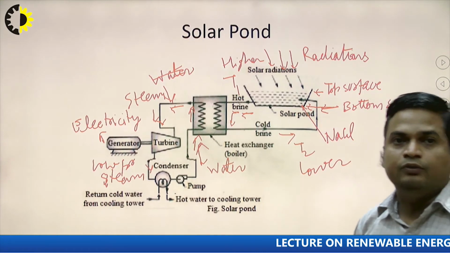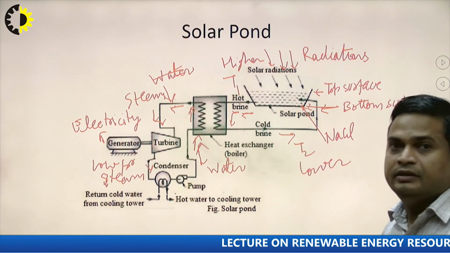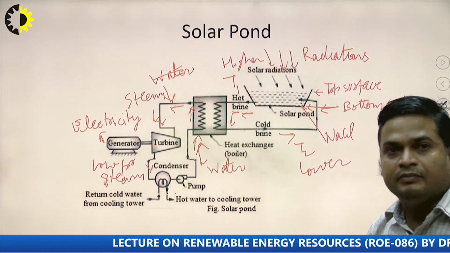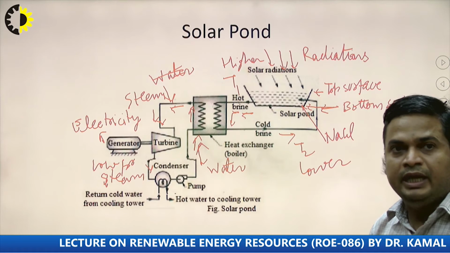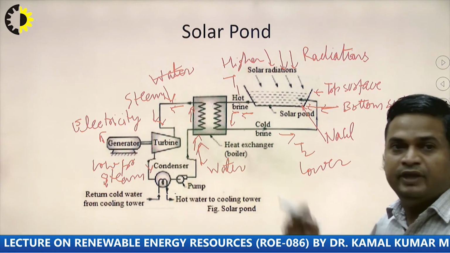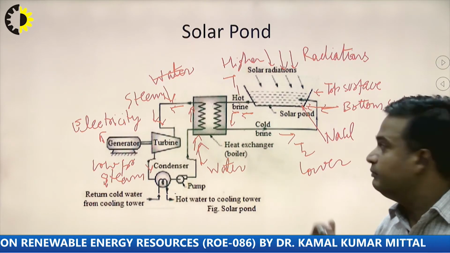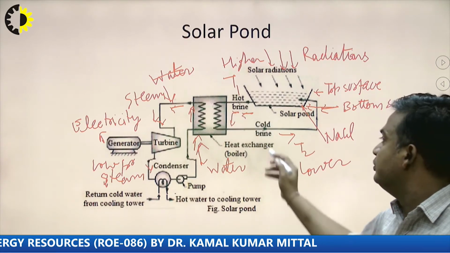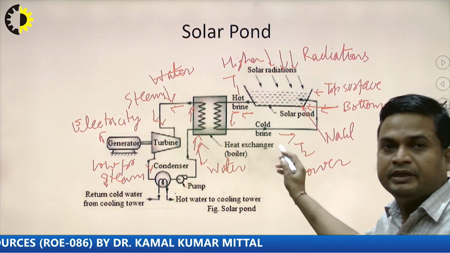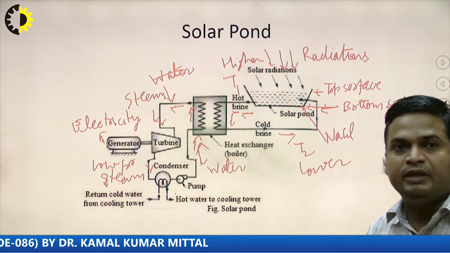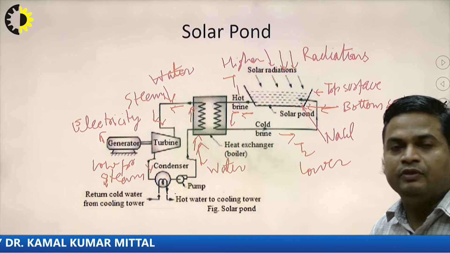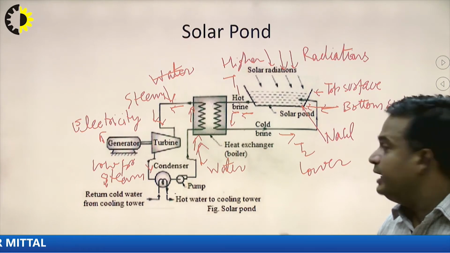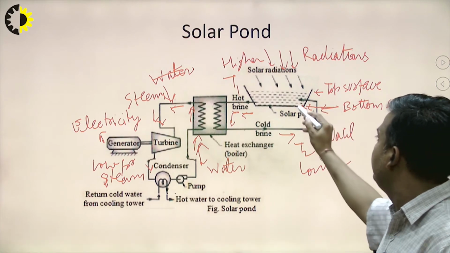Now what we can do, we can utilize this T2 temperature, this energy of cold brine, for some other applications also, like for generation of electricity. A high amount of energy should be there for water to convert into steam form. But in this case, after this, the cold brine having lower temperature, we can use for space heating or some other applications, and then this cold brine is sent to the pond again,